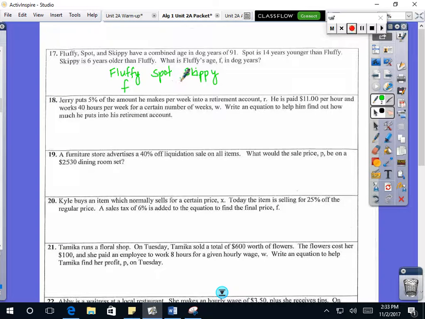You can't. You have to use the same variable because we're going to combine. Think about it. To figure out Spot's age, wouldn't you just take Fluffy's age once you found it and minus 14